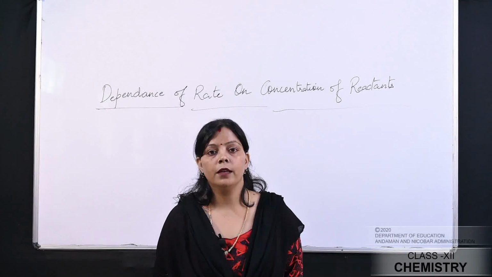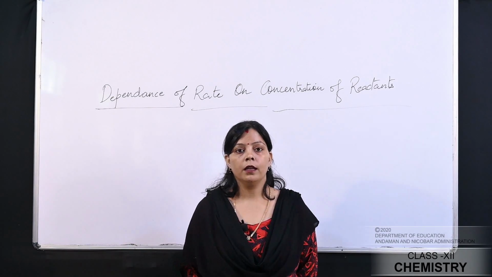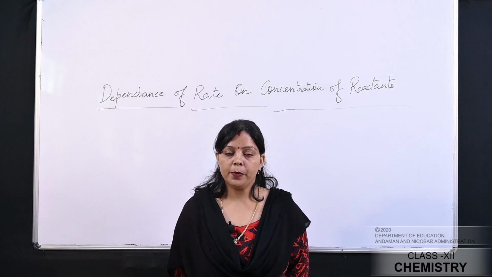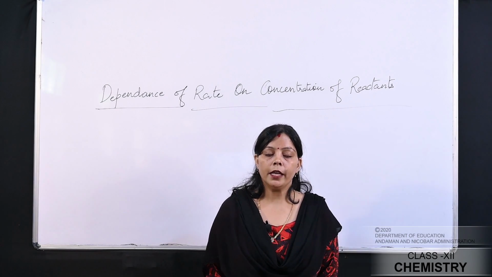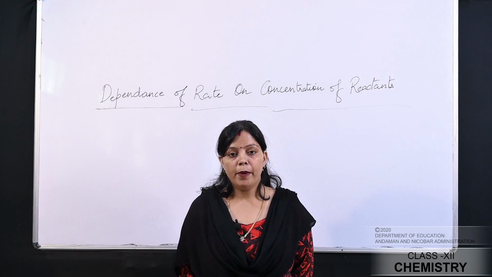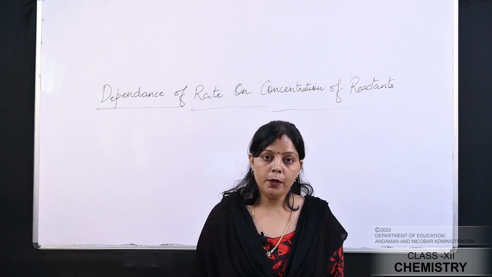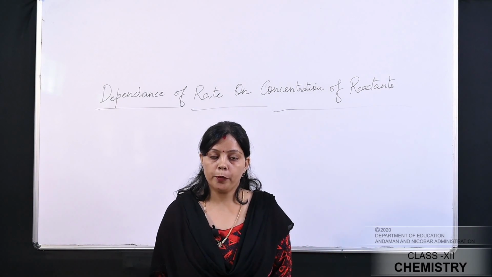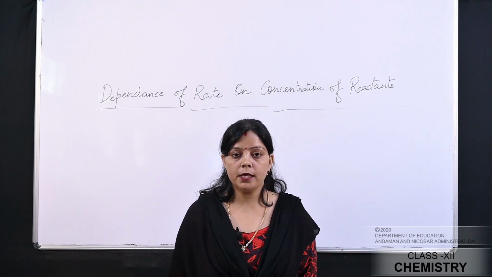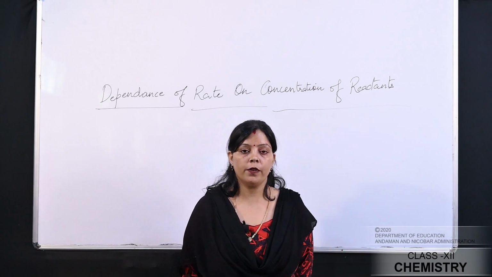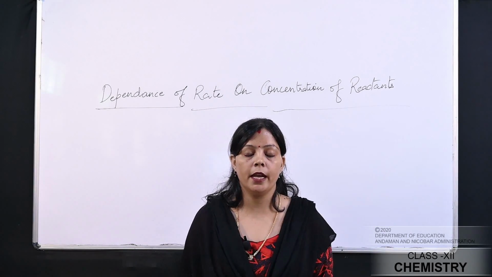In the last class, we studied the topic rate of the reaction, the rate of disappearance of the reactant, and the rate of appearance of the product. The next topic is the mathematical expression for the rate of the reaction having the same stoichiometric coefficient of the reactant and product for a chemical reaction. And second is how we mathematically express the rate of the reaction in the case of a chemical reaction having different stoichiometric coefficients of the reactant and product.